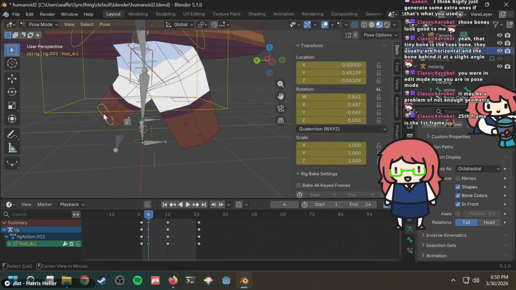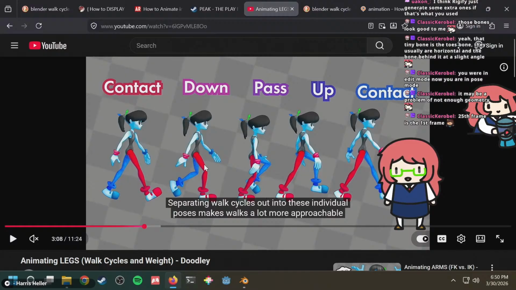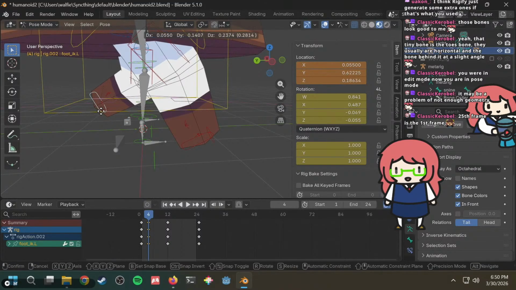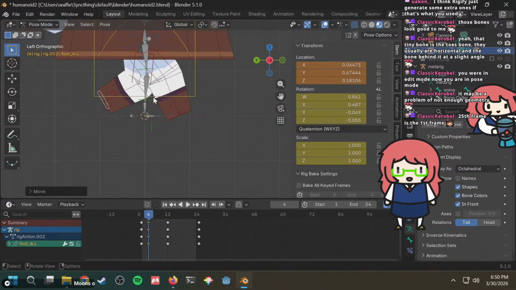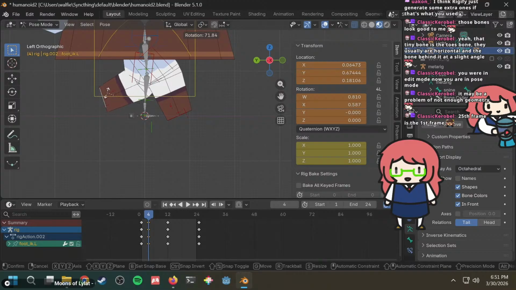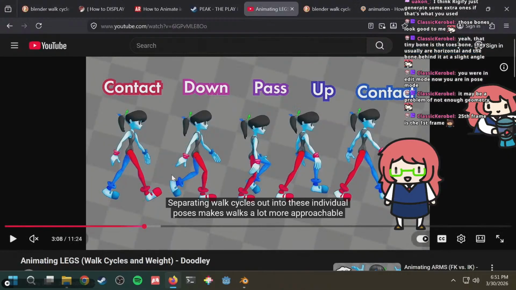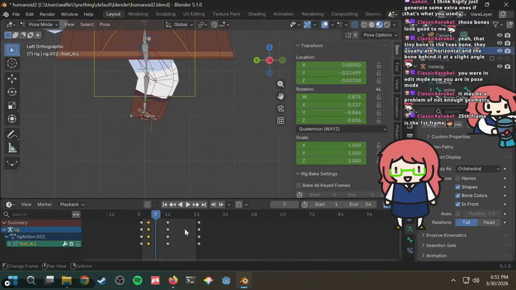I think this one could be raised slightly more. Perhaps like this. Let's reset the rotation. Rotate like this. Okay, then you have the pass pose. So pass, this leg is now in the back.